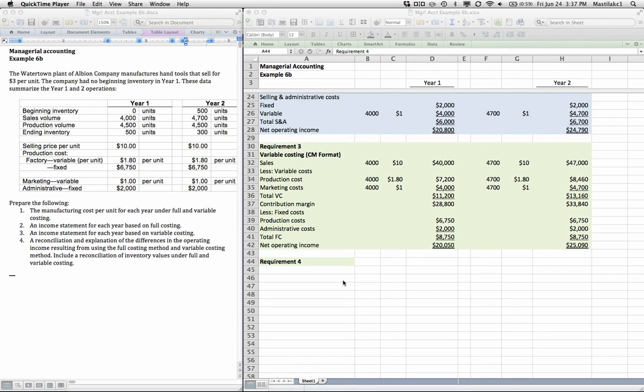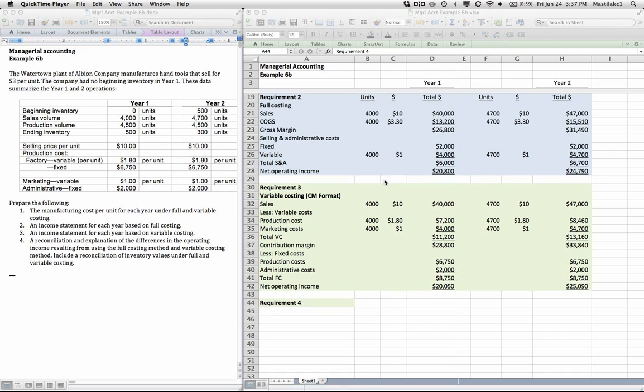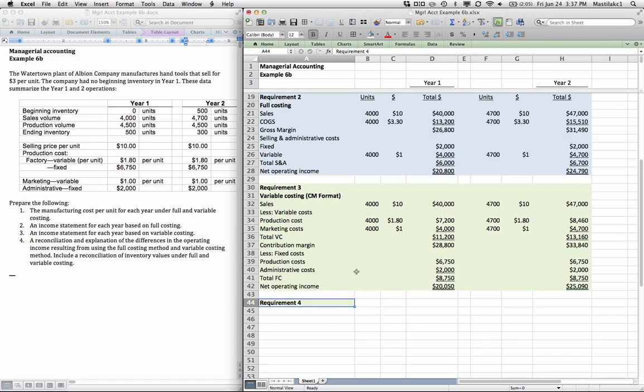Okay, Managerial Accounting Example 6B. We're going to continue this. If you've seen the last video, all I've done to change the spreadsheet is condense it, take out some blank lines, and add a little bit of coloring so we can see these different things a little bit better. But we are continuing on understanding how different levels of production and sales and different costing methods affect net